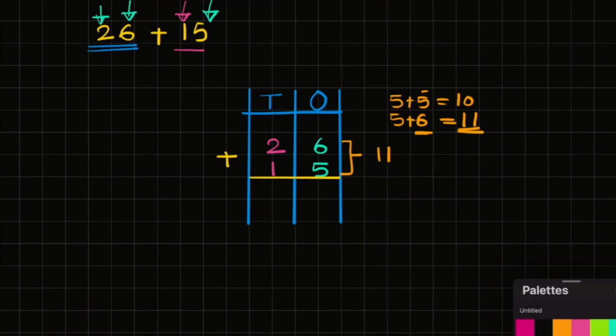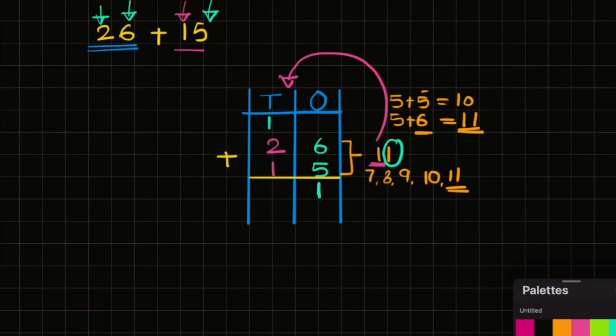Or otherwise, like we have done before, we can count forward here also: after 6 we can count 5 numbers, and that is 7, 8, 9, 10 and 11. You get the same answer. Since 11 is a two-digit number, we are going to take this one and write this one under the ones place, and then this other one belongs to the tens column. So we are going to write this another one in the tens column, and now there are three numbers in the tens column.